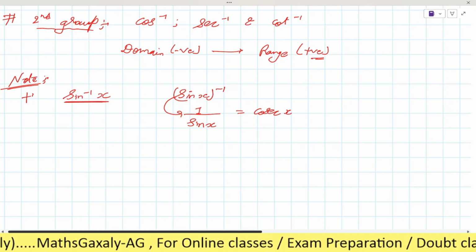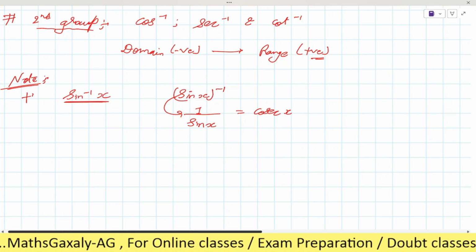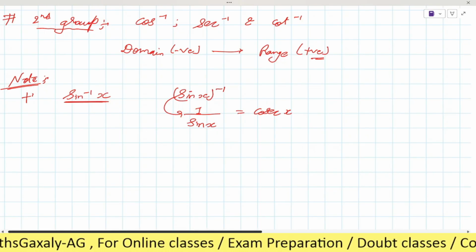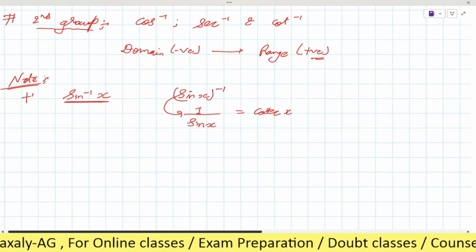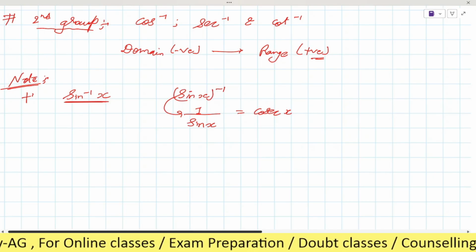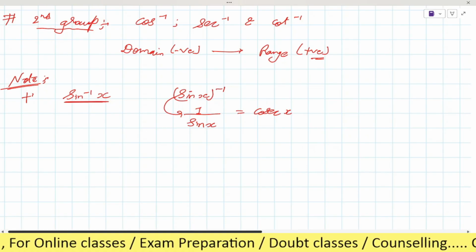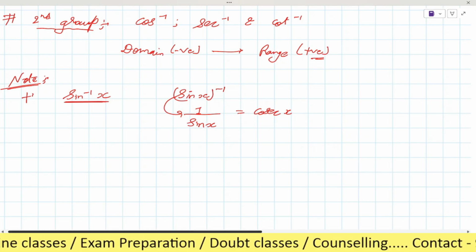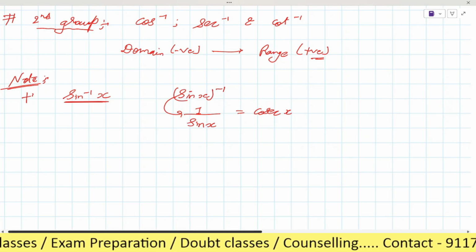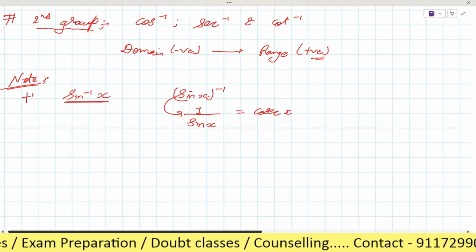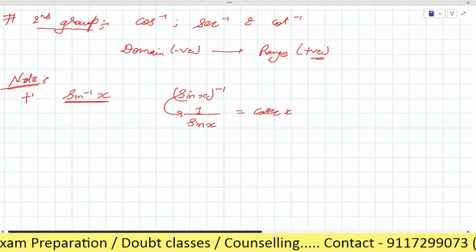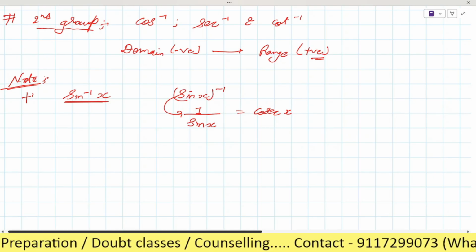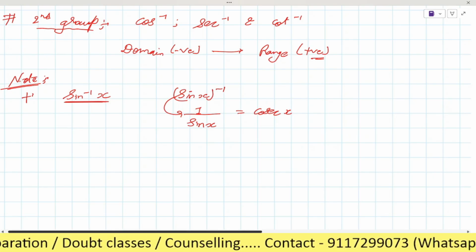So in the first exercise you can see that here we have to find the principal values. It means we have to find the value of that inverse trigonometric function which will lie in the range of the principal value. So that value will be known as the principal value. Is it clear now? Yeah, clear. Is there any doubt? No doubts.